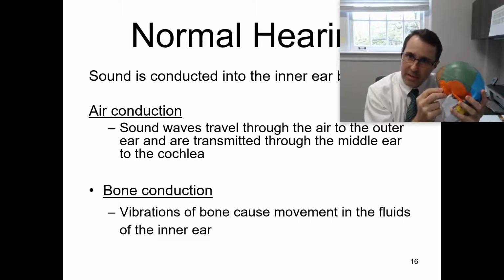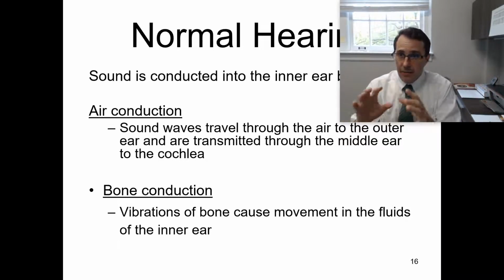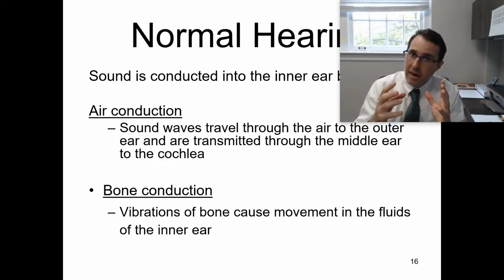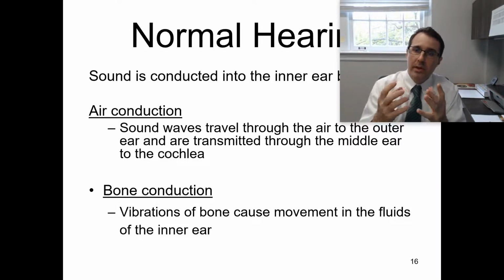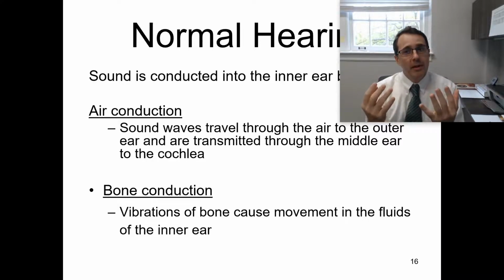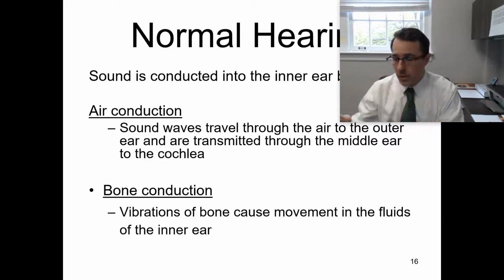So if you vibrate the temporal bone, you are vibrating the cochlea because the cochlea is in there. And if you're vibrating the cochlea, you're vibrating the fluid within the cochlea. And if you're vibrating the fluid within the cochlea, you're stimulating the hair cells in the cochlea,